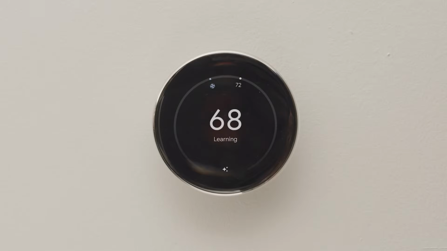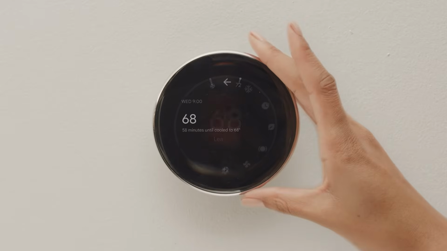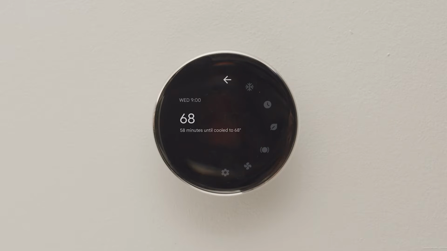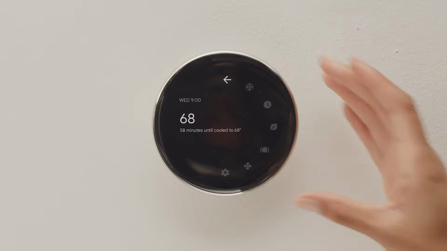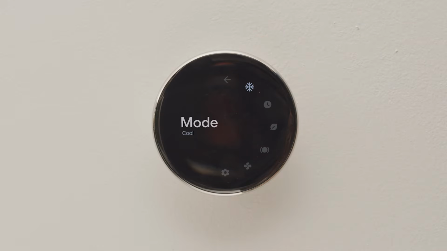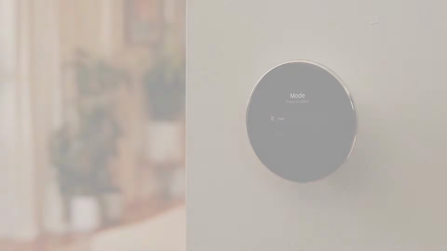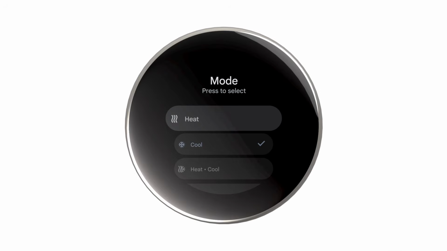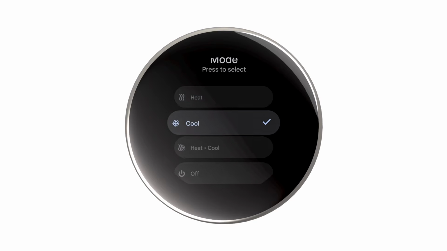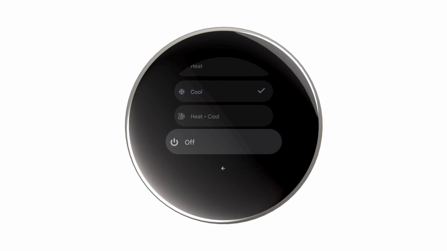For more information about the current mode and how long it will last, press the thermostat ring again. To cycle through the available options, turn the ring clockwise. To select an option, press the thermostat. Here, you can change the mode, which is where you go to turn your thermostat on or off, or switch